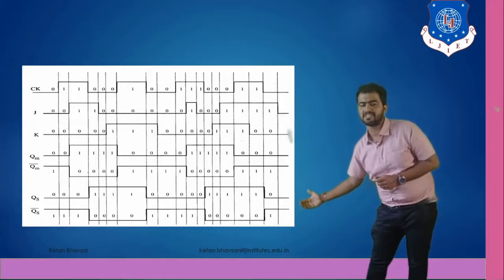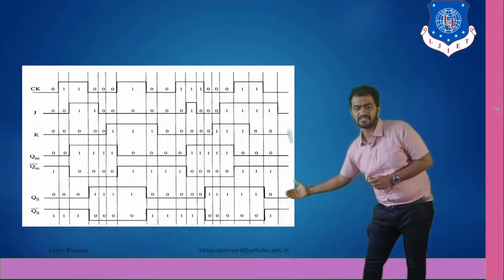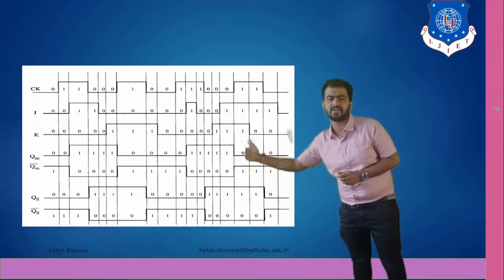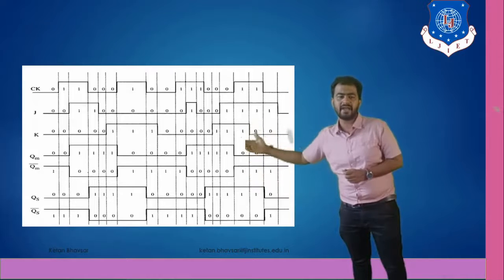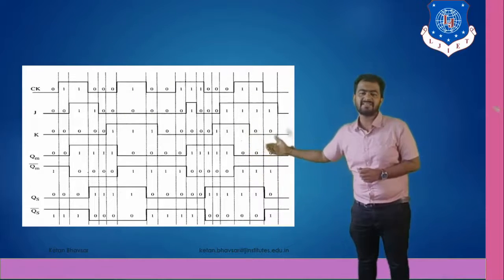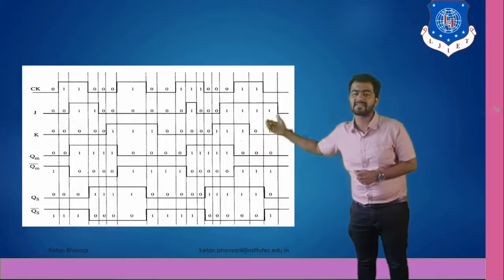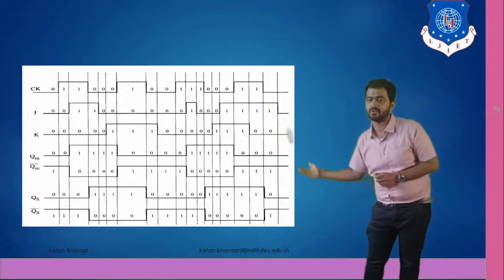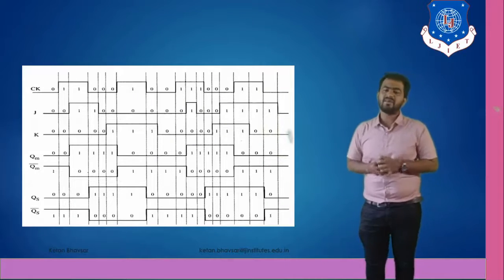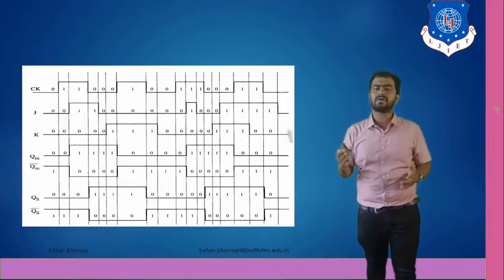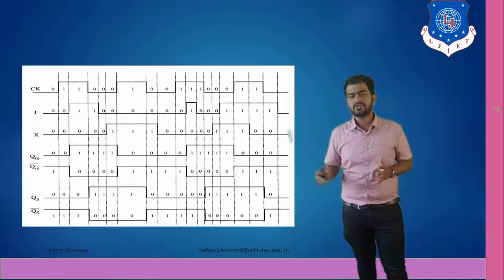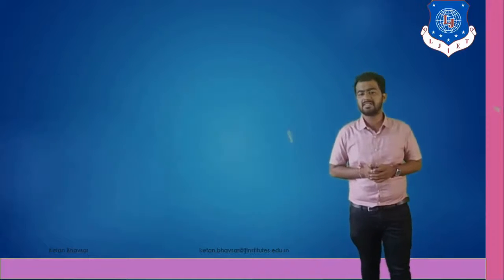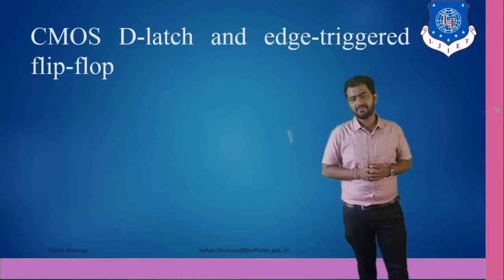So these two waveforms represent the slave. In terms of the slave, you can see it is in high state when your clock pulse is falling, and the QM and Q bar of M is high when your clock is rising. So you can see the variation on both the pulses. Fine. When the master is active, the slave does not work. When the slave works, then the master is inactive or not working. So these are the concepts of master and slave.